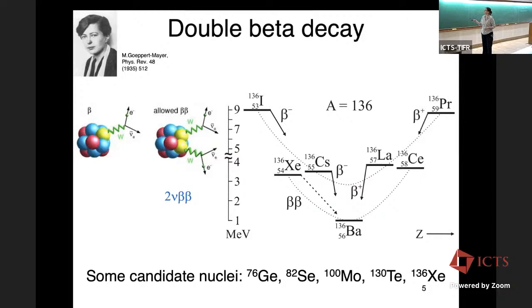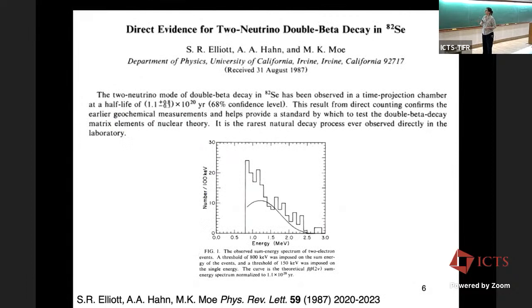So like I said, these processes are very, very rare. Doesn't mean we haven't seen it. So this is actually the first direct evidence for 2 neutrino double beta decay. It was seen in selenium-82,